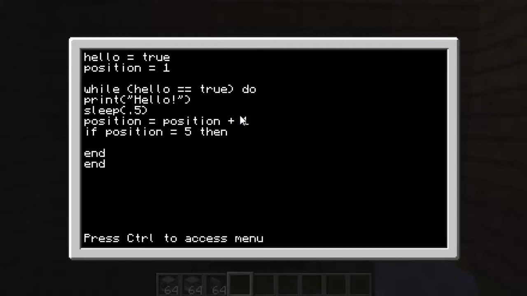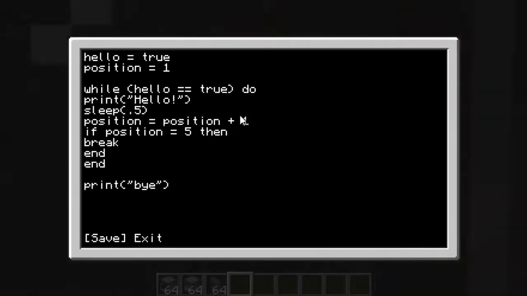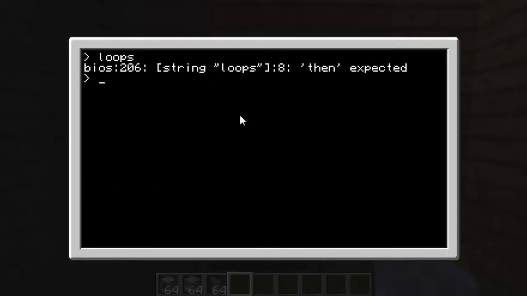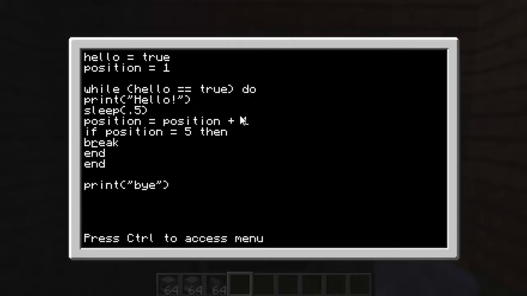We'll put an end. Then I guess break from the script, okay? And then it'll say print by, you know, whatever really. Loops. Oh, edit loops. What did I do? Oh no, something's wrong. If position is maybe we can do is equal to